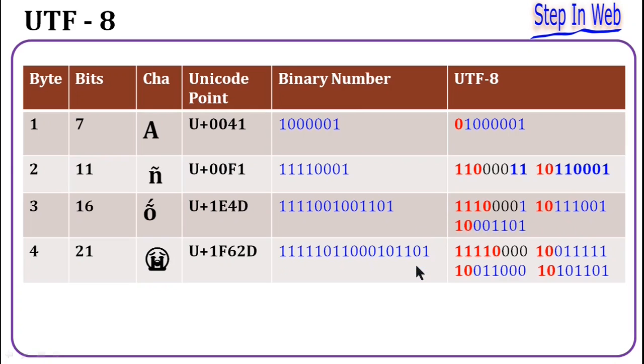So in this image, whatever is shown in red bold letters is used to indicate this is a UTF format. Whatever letters are shown in blue color are the real binary number related to that particular character. And whatever digits are shown in black color are just fillers, that is empty space. To fill that empty space, filler 000 is used, like that.